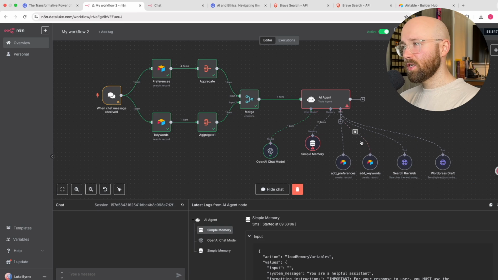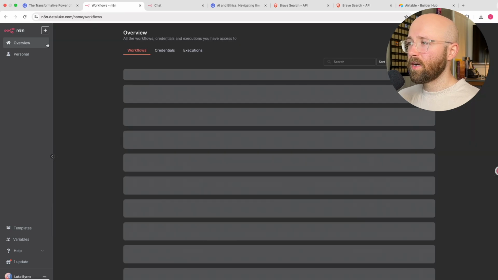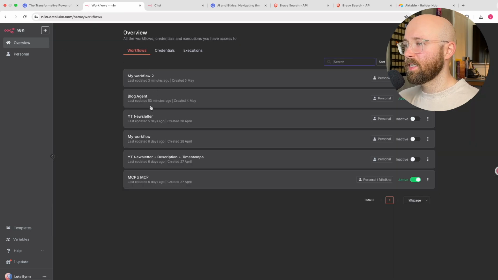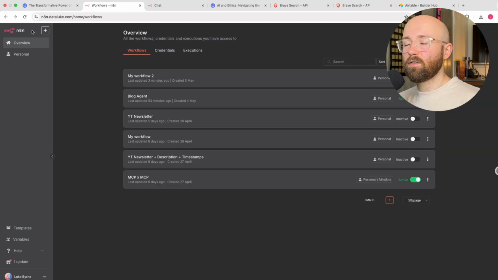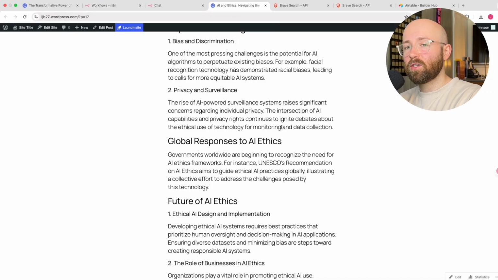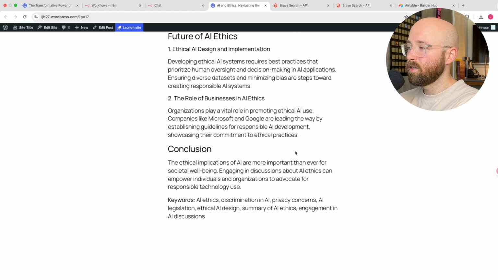For adding images and stuff, there's a variety of ways. One of the main ways you could try right now is using OpenAI's image generator. Now I do have a workflow for that, which you can get. It's inside the school community anyway. I have been working on one, but OpenAI still haven't approved me so I can verify that I am a real person, which is unfortunate. So I haven't been able to use it in the API. But anyway, there you go. That is how you can create a WordPress blog super simply